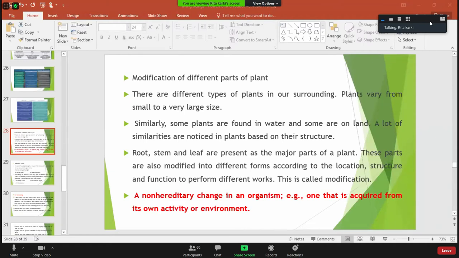as well as the areas in which they are surviving. This process in which living organisms, specifically the plants, modify their bodily structure in different forms according to their location, according to their function, is regarded as the modification of the plants. These modifications of the plants are non-hereditary changes. We do not transmit them from one plant to another plant. These are non-hereditary changes, and these changes occur so that they can easily adjust in the surrounding areas without